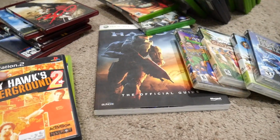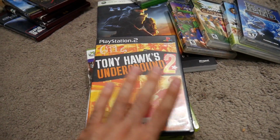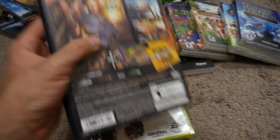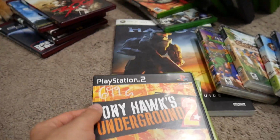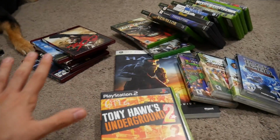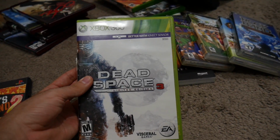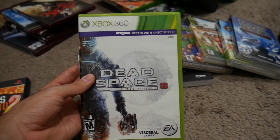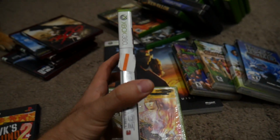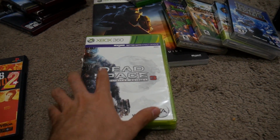So here with my $1 finds, first of all, well, actually, this is the final place I went to. I got Tony Hawk's Underground 2 for the PS2. Aside from that, it's complete and in pretty solid condition. And as you can see, just while you're watching this, look at the original prices. And remember, I paid $1 for each of these. So this is originally $7. Dead Space 3, this did not have a price on it, but I would assume it'd be at least $5 or $6. And this is in excellent shape, aside from just that sticker right there. Excellent shape, and it is complete. I think there's a code on there too, so I'm not even going to show that, but it is complete,